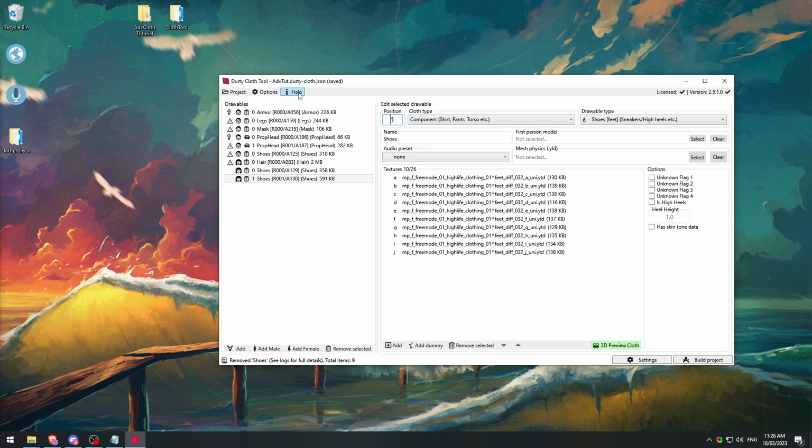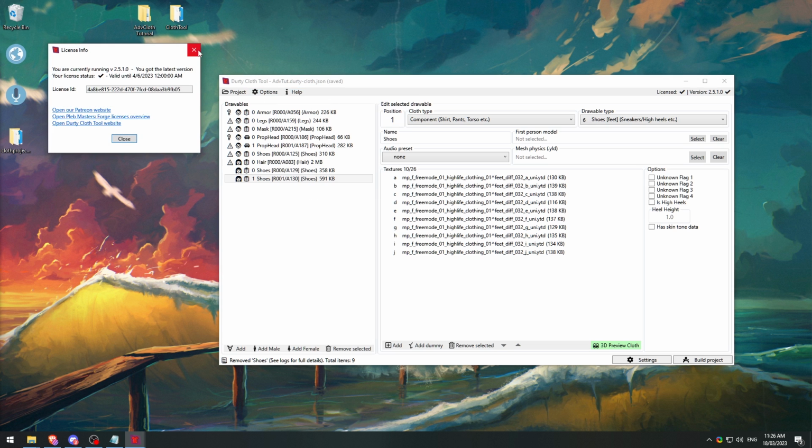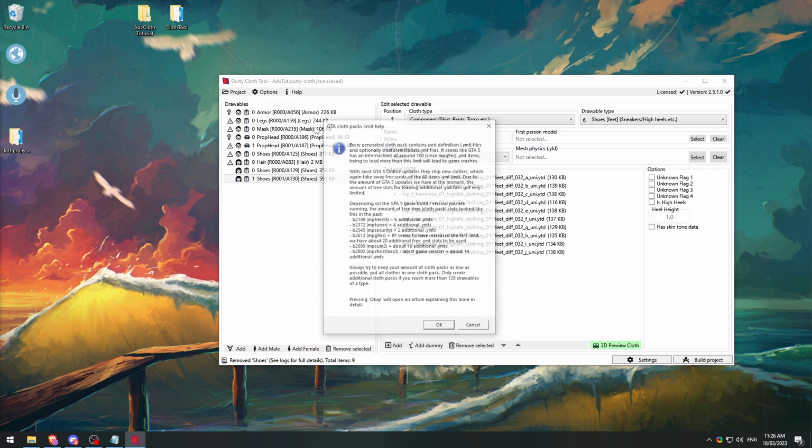Moving on to the right again, we have help here, and you can look at your license info. You can click that and see your license stuff if you'd like. You can support them on Patreon if you want to give them a higher tier, because we're already using the paid version. You also have these 2 articles that are very good if you want to learn more about clothing. So I'm gonna hit